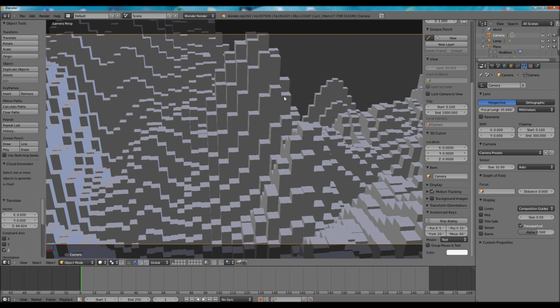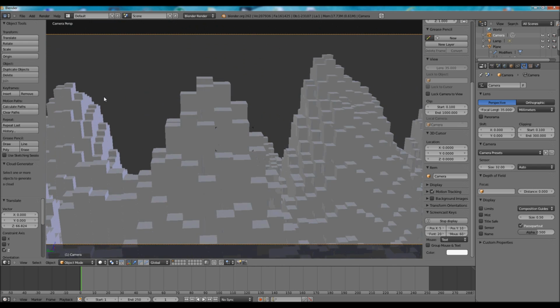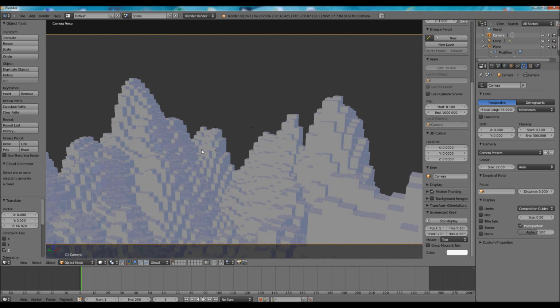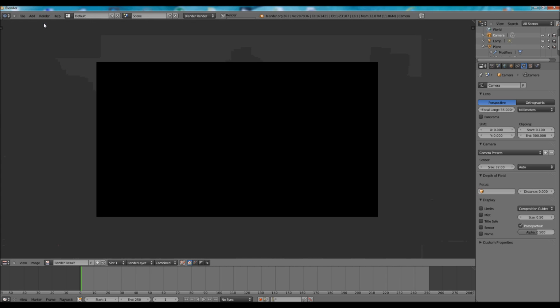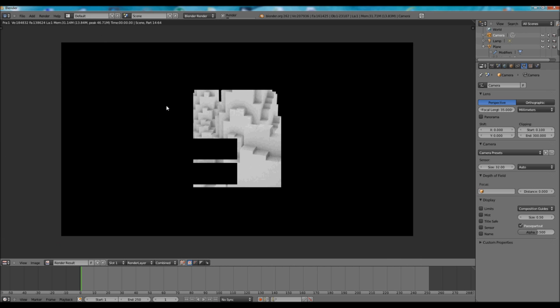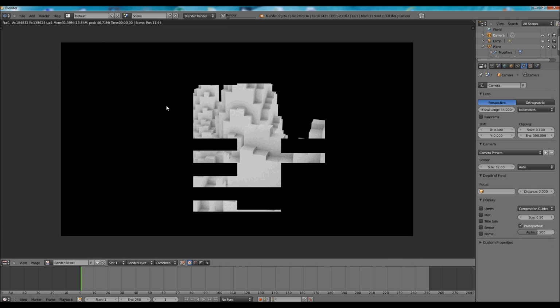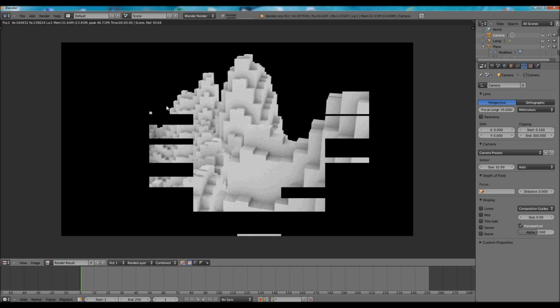And let's press Shift F again, and then let's move around. So nothing is disappearing. Okay, I think it's a good place to stay. Then choose render to see how it will look, and it looks quite interesting already, but we are still far away